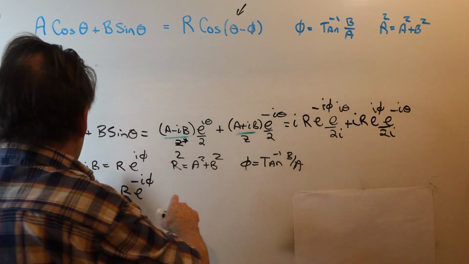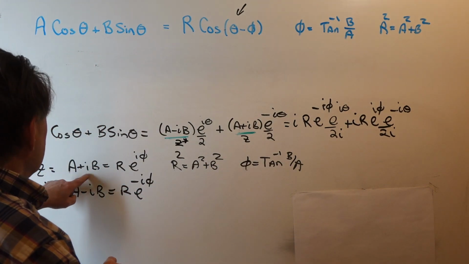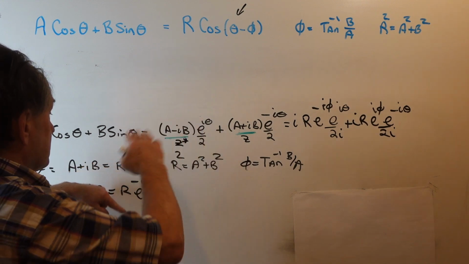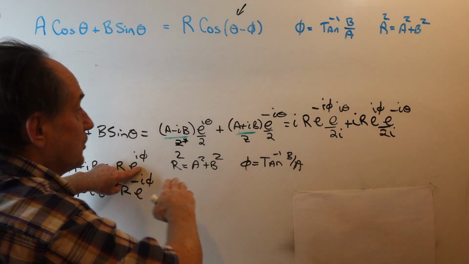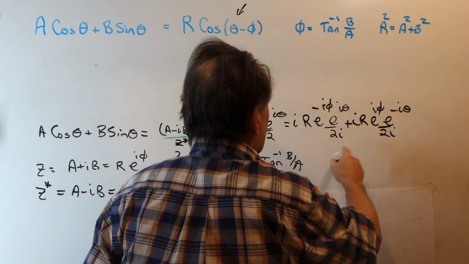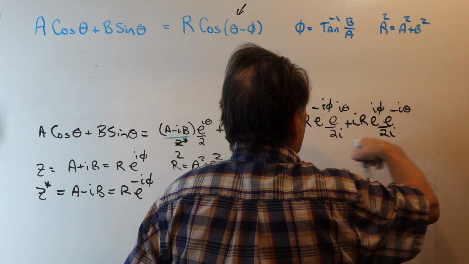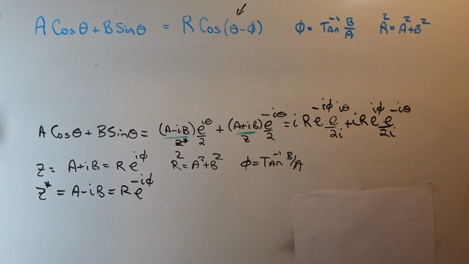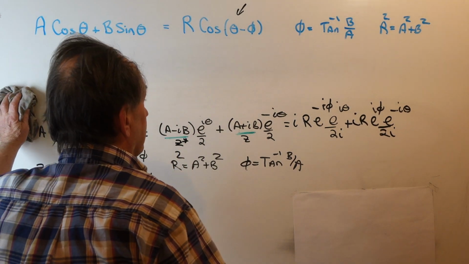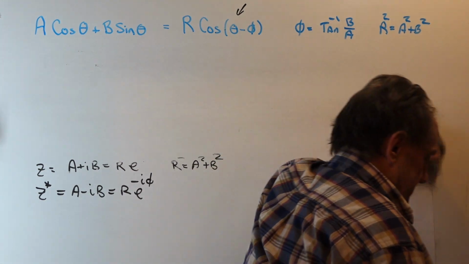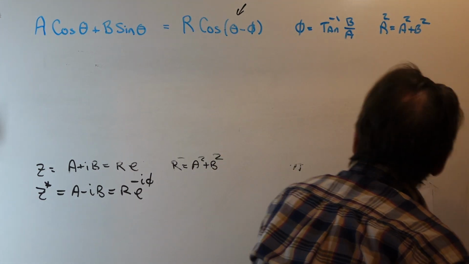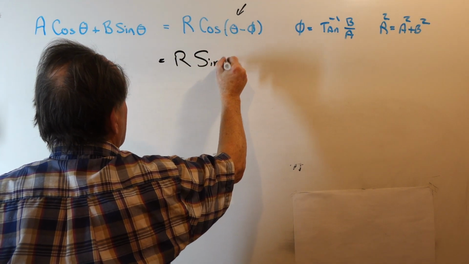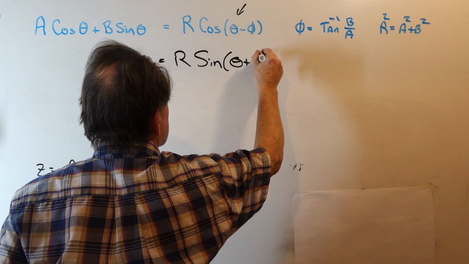Then when we look at our z and our z conjugate, we're multiplying these by i, which is adding pi over 2 to the angle, and then we end up with a form with sines. You can do that. I'm not going to do that here, but what you would end up with is that you could write this also as r times the sine of theta plus psi,